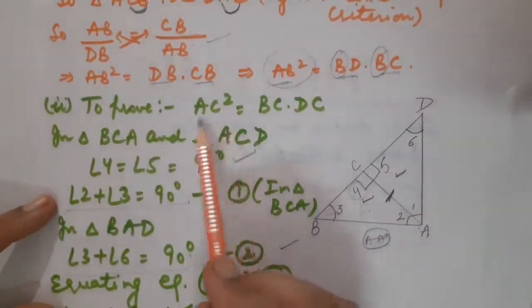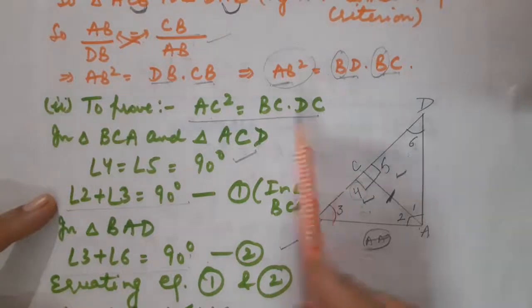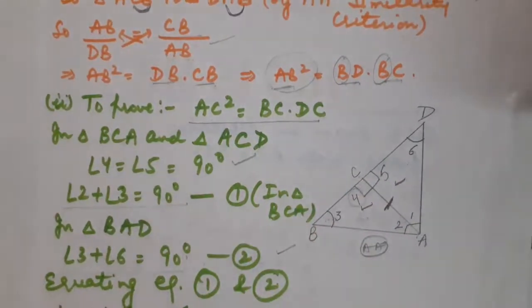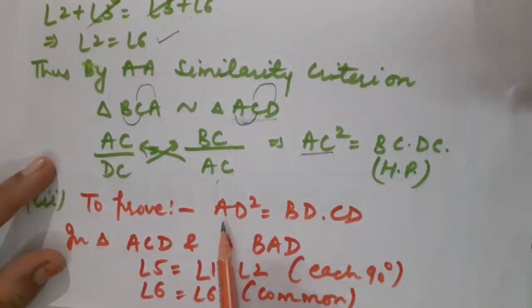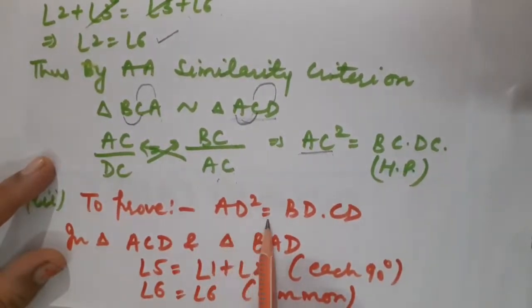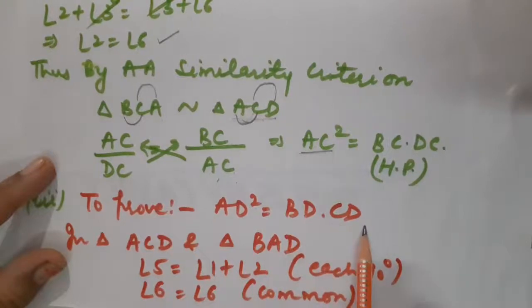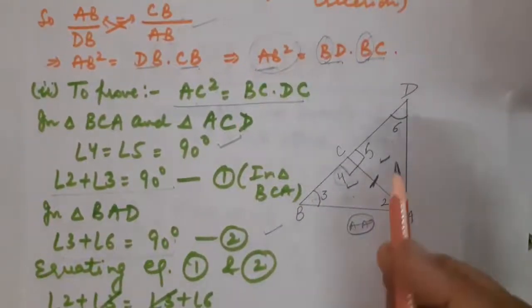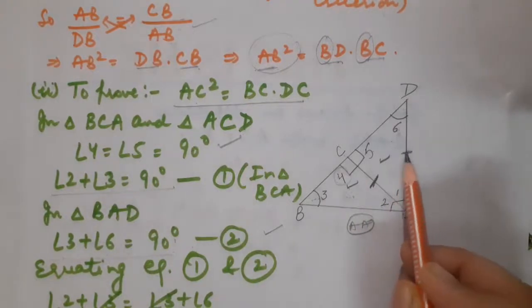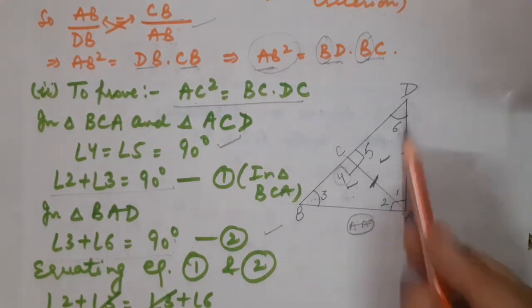Look. Understood? Okay. Now I am going to take part number 3. What I have to prove? I have to prove that AD square is equal to BD into CD. Just look at the figure. AD square means this side I want twice. So can you help me in choosing the right triangles so that I can get this AD 2 times?